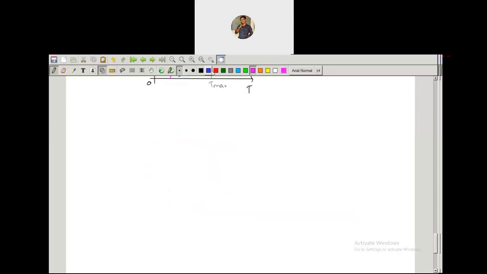So why do we need to go for closed loop control always? Anybody could post your answer. Why do we need to go for closed loop control for anything, not only for this type of control? In general, in practice, why do we need to go for closed loop control? Could you post your answer in the chat box? Let me know your knowledge, accuracy.